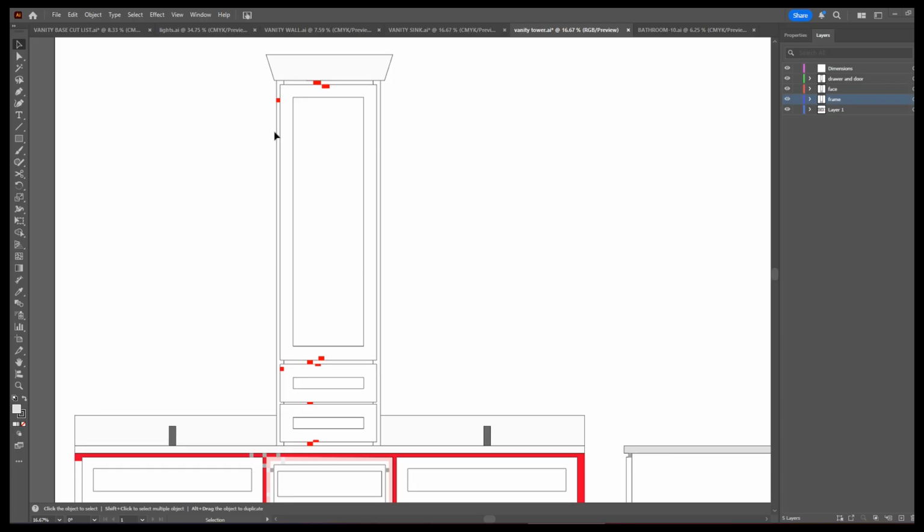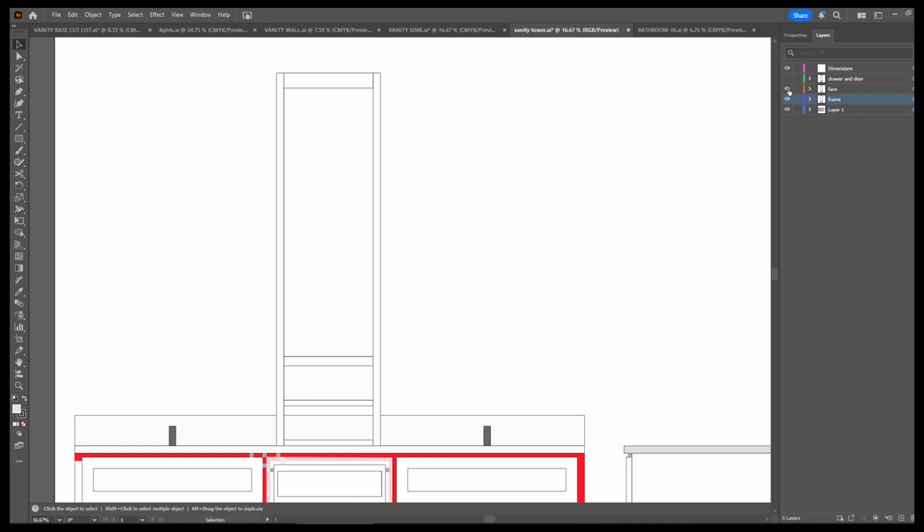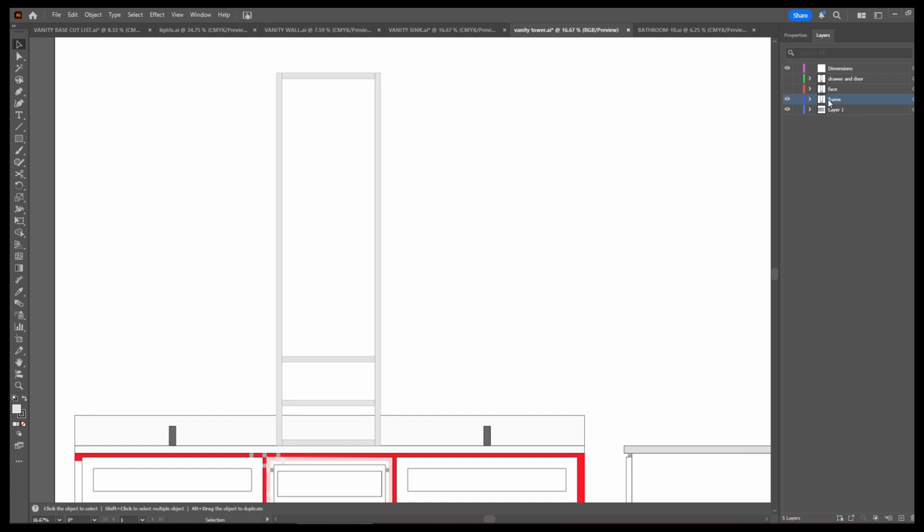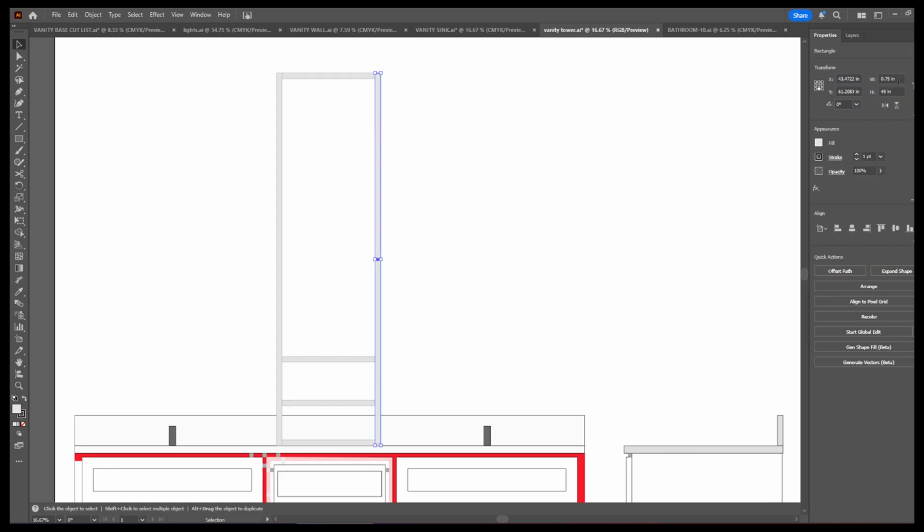Now that I've got my 2D sketch set up, so I have a good idea about how big things need to be and what the spacing needs to be, I'm going to go and create the 3D model. So let me turn off some of these layers here. So now I'm down to the frame. And so this side wall is going to be 3/4 of an inch by 49 inches tall. So I'm going to head over to Fusion 360,